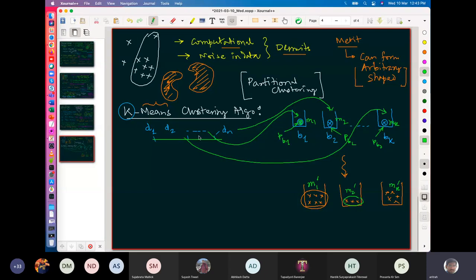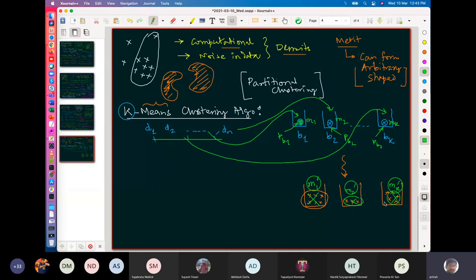See, initially it was not a mean, it was arbitrarily one point. Then it became a mean. And you only keep the mean, throw away these points. Remember that this mean may not be one of the points itself, because the average of D1 and D2 may not be inside the data set. So this is a totally new point which is not in my data point set, right?